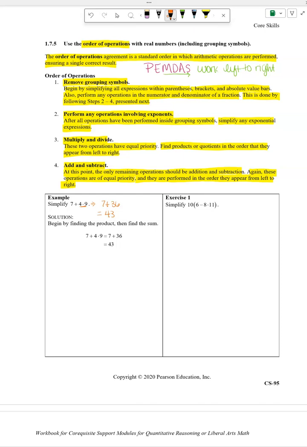Is that cool? Let me get you started on this one. So we have parentheses on this one, right? So this is where we're going to start working first. So we're just going to copy our 10 down and not worry about that so much, right? We're going to make our parentheses, but we're not going to do the 6 yet. We're going to do the multiplication first. So that's going to be 6 minus 88, right? Now we're still simplifying,